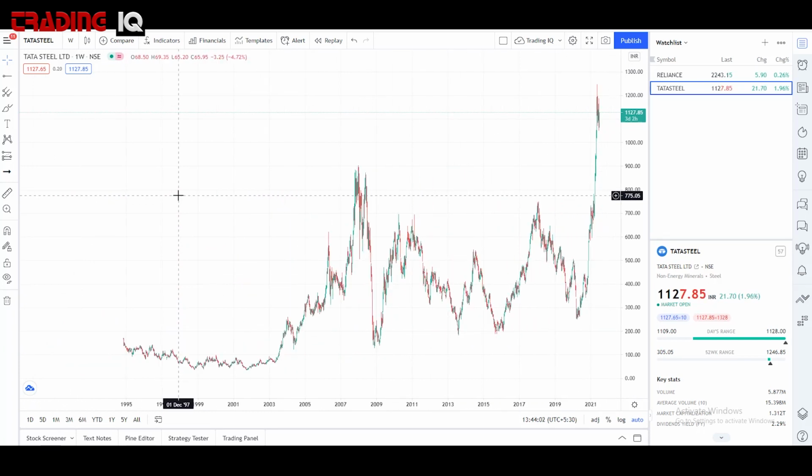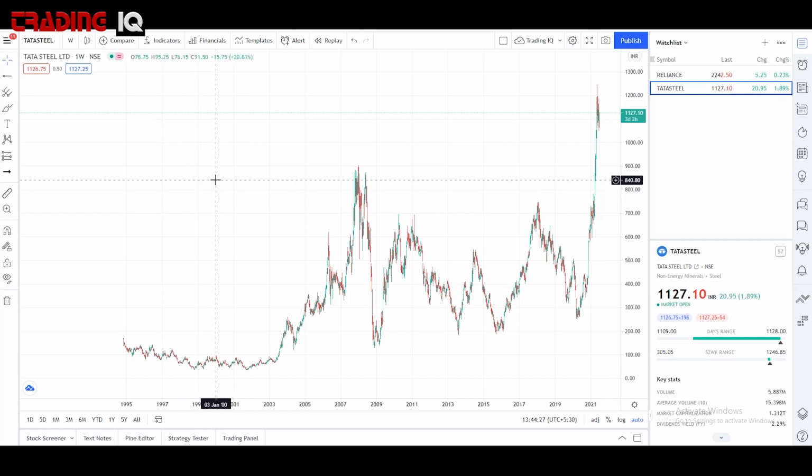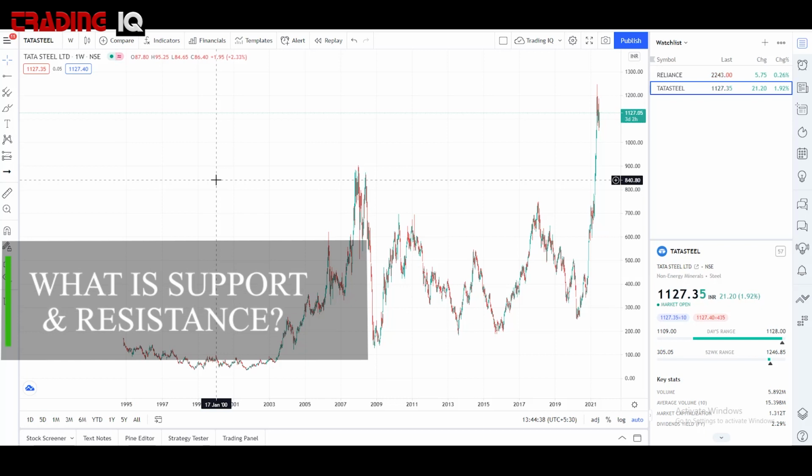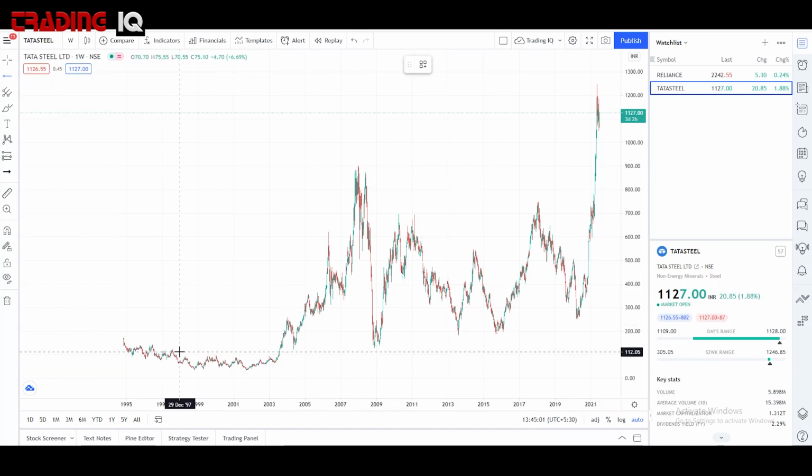This is random for each and every stock that you would encounter or research. The patterns are different for all the stocks. So here, the most important thing in terms of technical analysis that you need to understand is support and resistance. So what is support? What is resistance? Let's find a tool and make some drawings here.